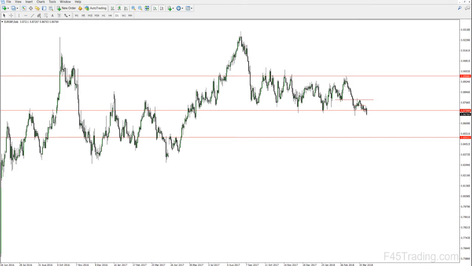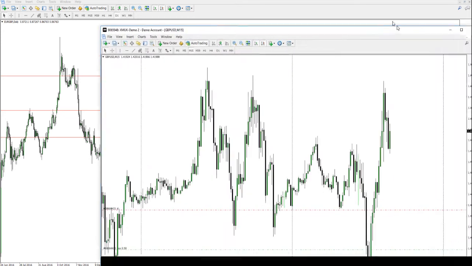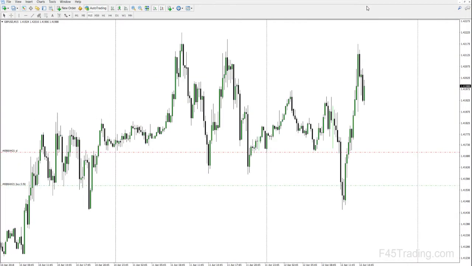So I'll just actually switch over to the pound dollar here real quick, and I'll show you a trade we had taken on the pound earlier today for London Open. I put a signal out for the pound dollar, basically just to come in and scoop these lows right here. And I wasn't sure if it was going to challenge this low in here. It actually came in and it pretty much,